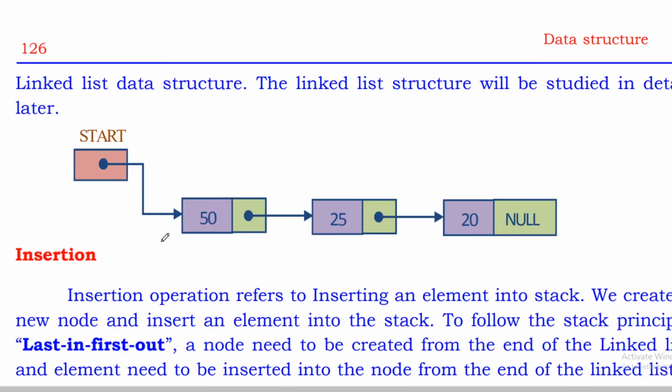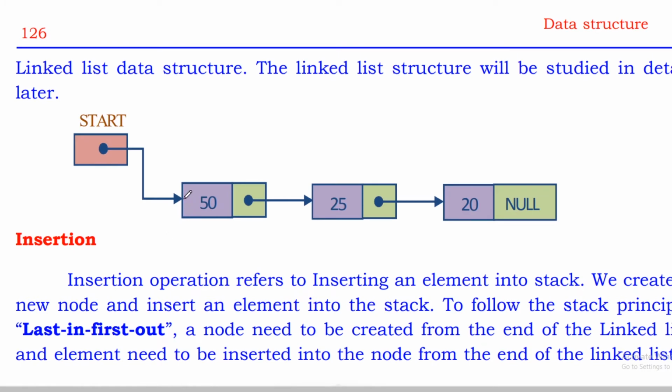Now that we already studied, you can see here, this is the linked list. We have a first node, a second node, and a last node. Actually, what happens is, this will be the top pointer. The top pointer is pointing to this one, and this is the last inserted element. We start with this node first,